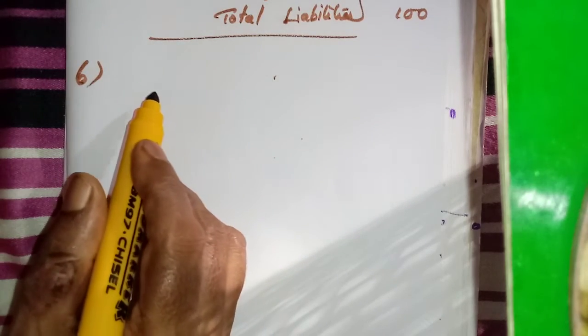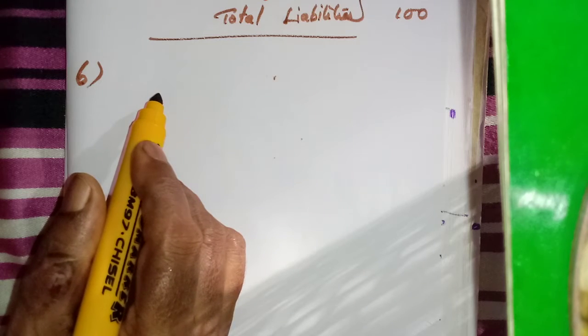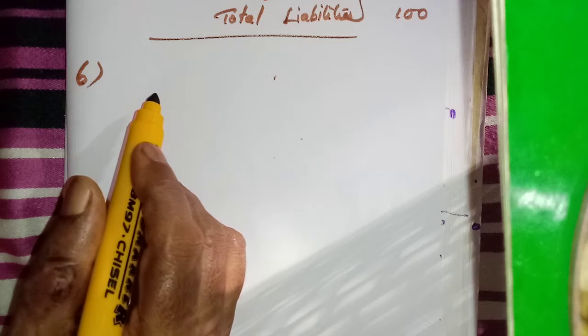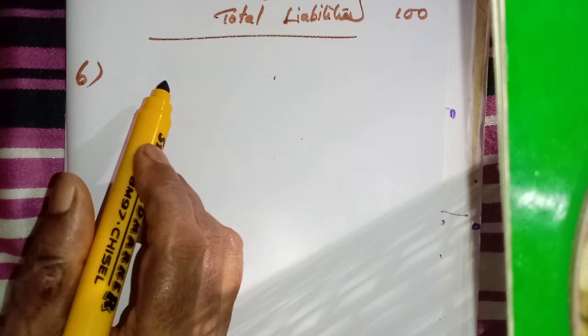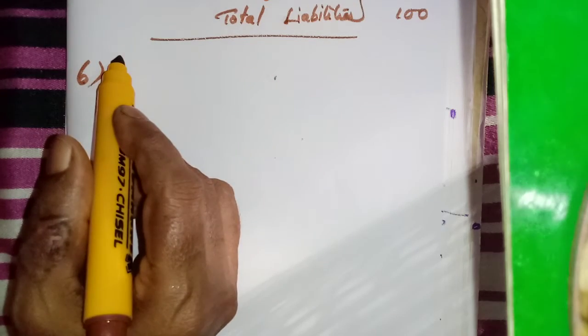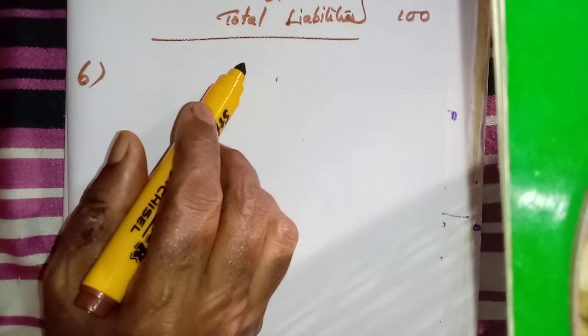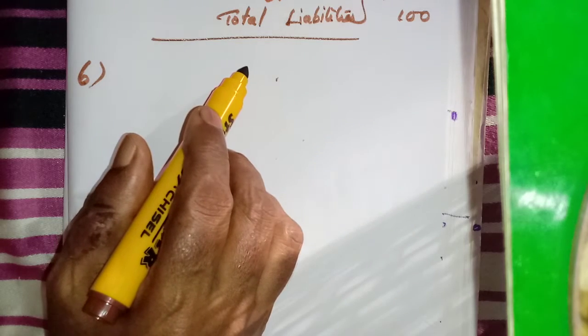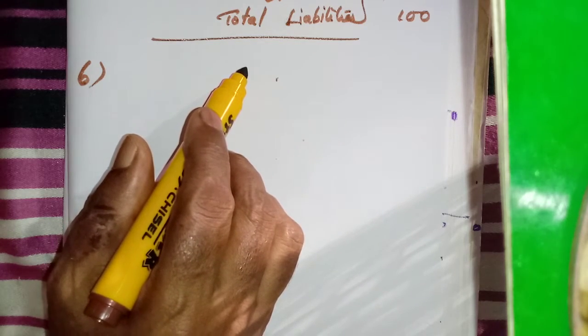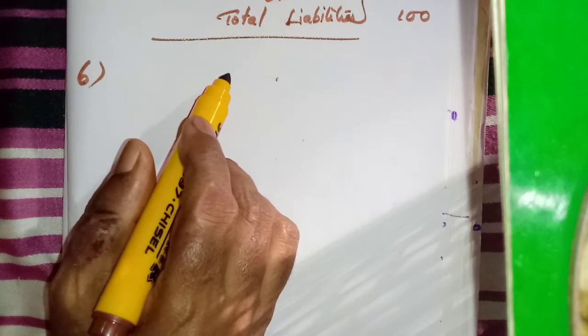That one, number 6. Prepare common size income statement. Before that I will say the page number, 288. Take page number 288, the first one. 6th number, prepare common size income statement for the following particulars of Raja Limited for the year ended 31st March 2017. Revenue from operations, then other income, expenses, given. So we need to draw the lines, isn't it? For the common size income statement, we need to draw only two amount columns.